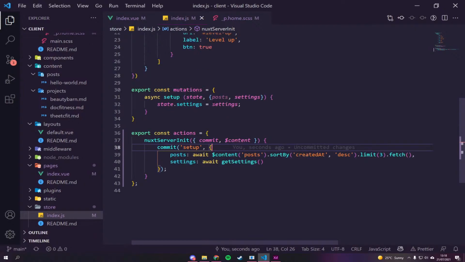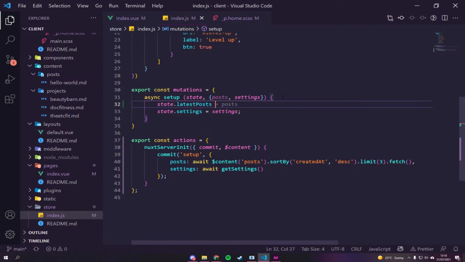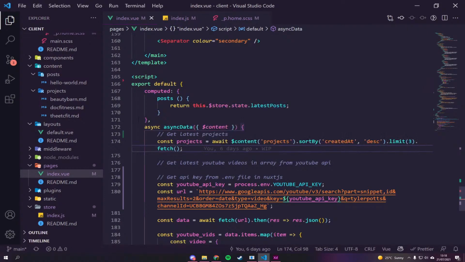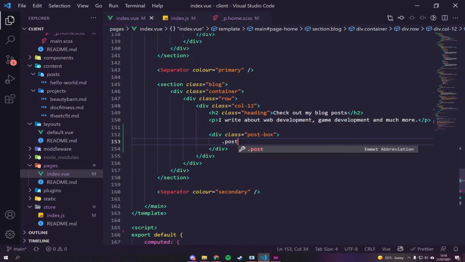So we're going to put pay, and then we're going to go state.latestPosts is equal to posts. Oh, post. Just like that. And then our latest post should be done. So if we go back to our index here, you can see we actually get our posts, our latest post here. And if I go down here, we should be able to go dot post, and we set fee for